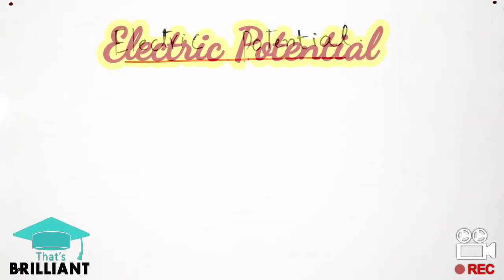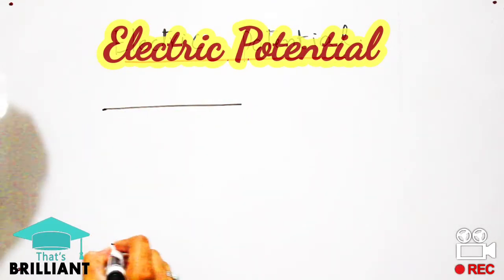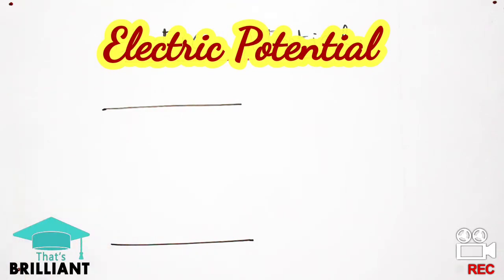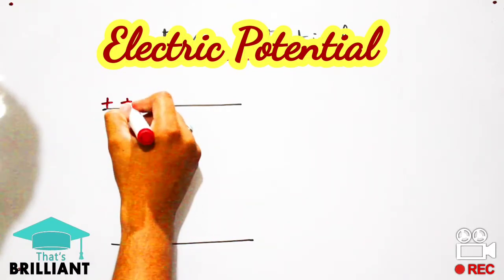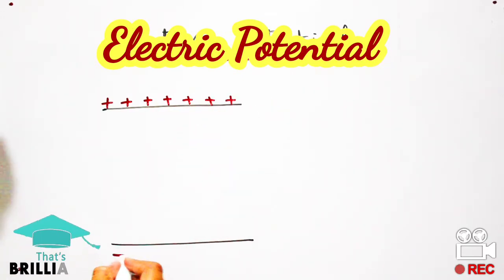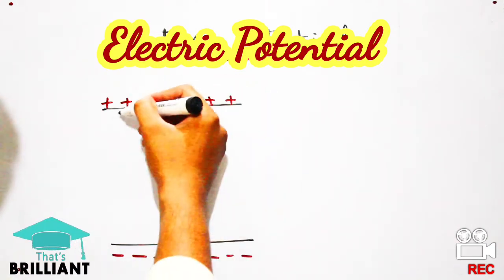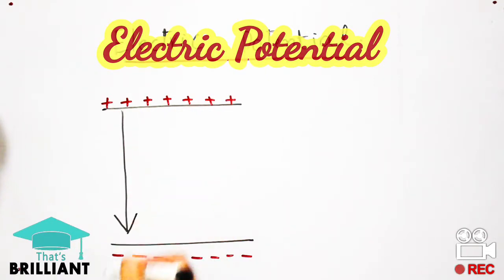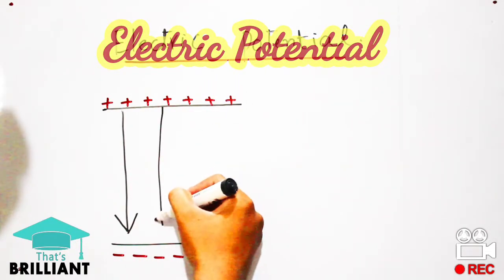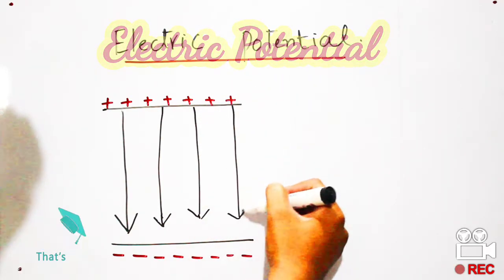In order to understand the electric potential, I will draw two parallel plates in which one plate has a positive charge, equally distributed, and the other plate will have a negative charge, which will be equally distributed. So in this case, negative charge is placed on the other plate, and we see that the principle of electric field intensity or electric field lines is that electric field lines start from the positive terminal of the plate and end at the negative terminal, and the arrow sign shows the orientation or direction of the electric field lines between